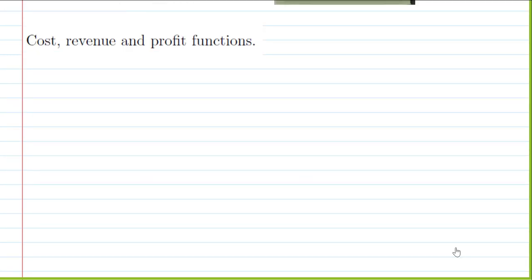Our profit is equal to our revenue minus our cost. So, a couple of observations we want to make about our profit, our revenue, and our cost. So, we break even, or the break-even point